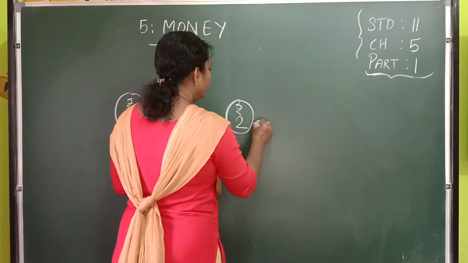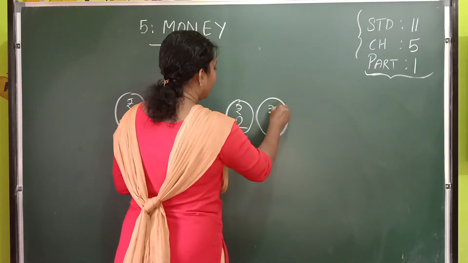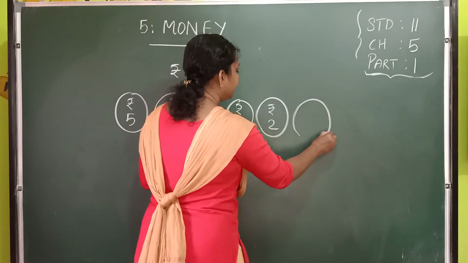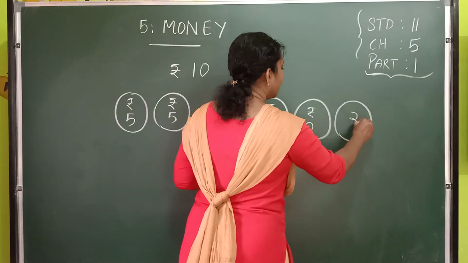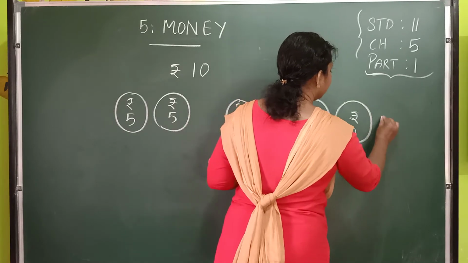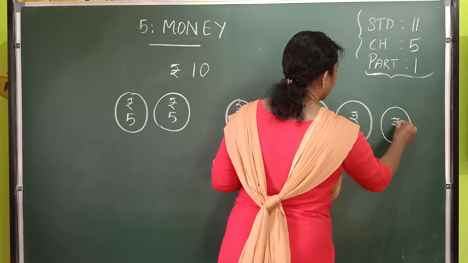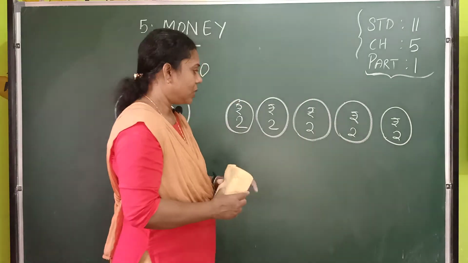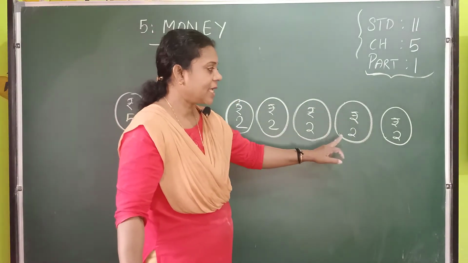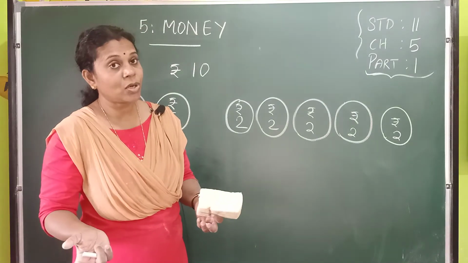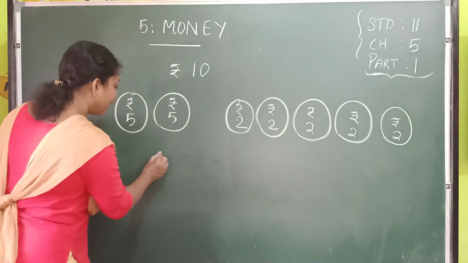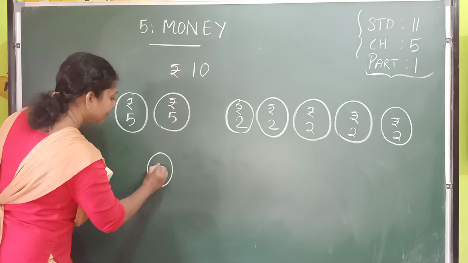Rupees 2, rupees 2, rupees 2, rupees 2, rupees 2. 2, 4, 6, 8, 10. This is again 10. Then the next option, one 5 rupee coin and